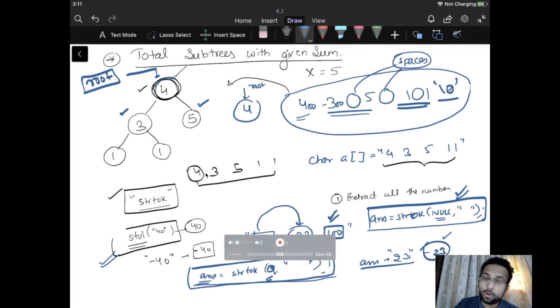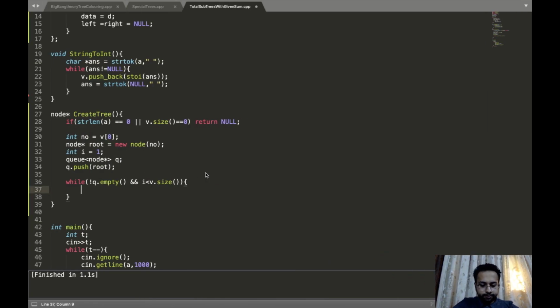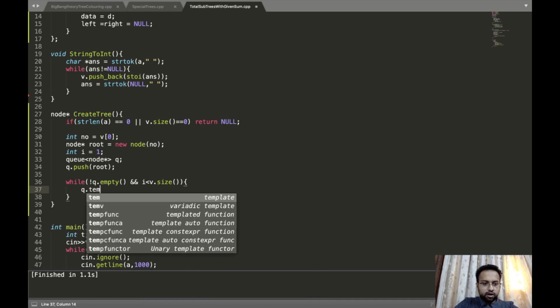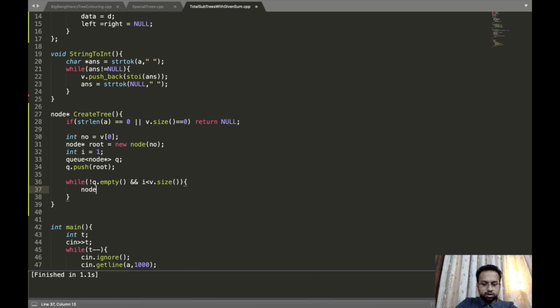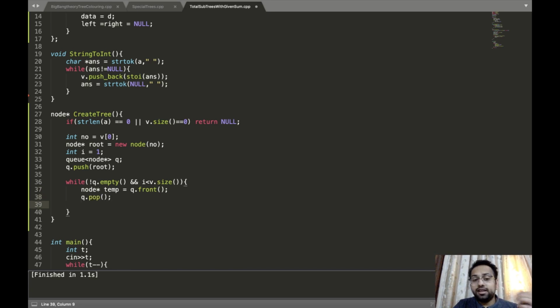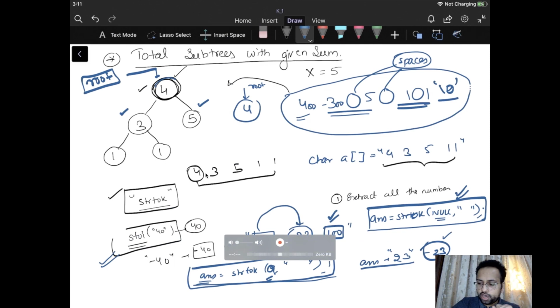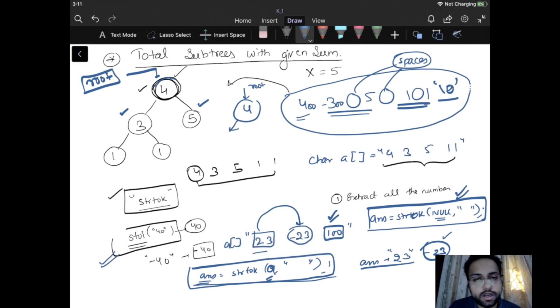The next thing we are going to do, let's take out the node star temp from the queue dot front, and I'll pop it. Then we are going to check what is the left child of this particular node.